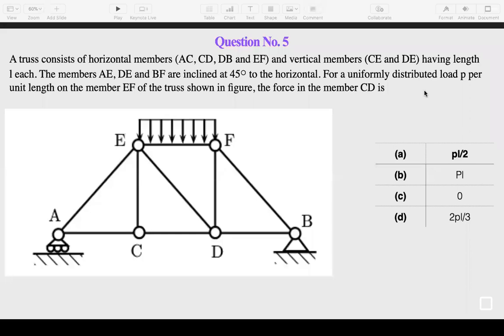Because there are 3 assumptions which we consider while solving truss problems. The first assumption is that the joint is perfect, not welded. The second assumption concerns the members: on a member we are not applying any applied force. And the third assumption is that member weight is negligible. So these are the assumptions. It should be a perfect frame or perfect truss. In this way it is there.